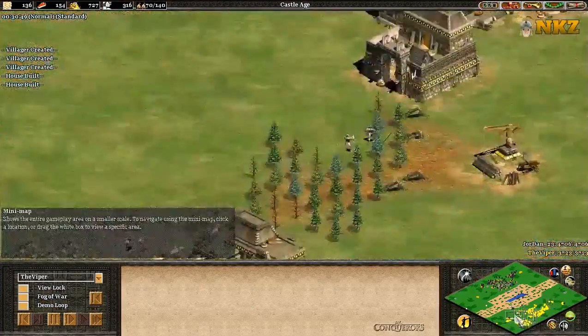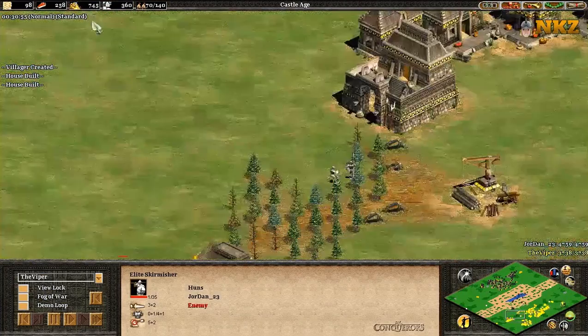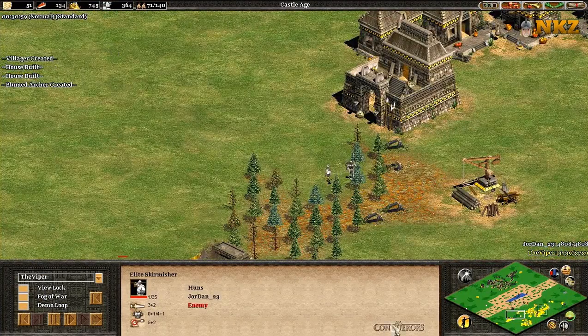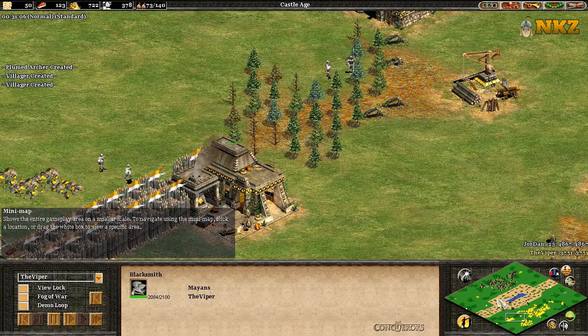Not a lot happening right here. Jordan's going to try and do some sort of harassment, not a whole lot, with these elite skirmishers battering away at this blacksmith right here. I don't know what he's doing, but